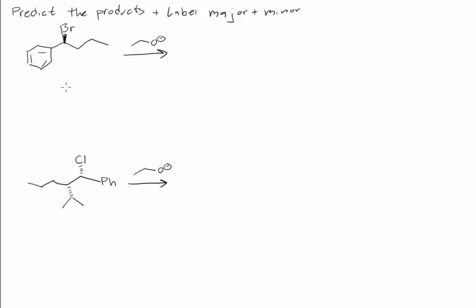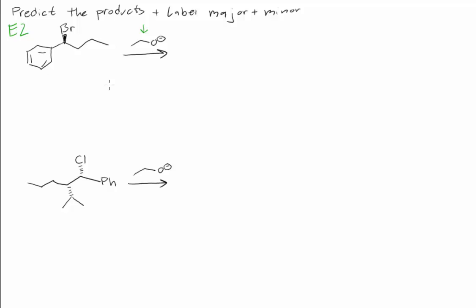Here are some practice problems in predicting the products of E2 reactions. So we're going to identify these as E2 and predict the major and minor products. We know they're E2 because we have a strong base, which is also a good nucleophile, but primarily strong bases will lead to E2 reactions preferentially. So once we've established that it's E2,